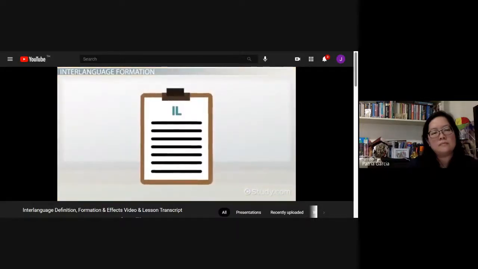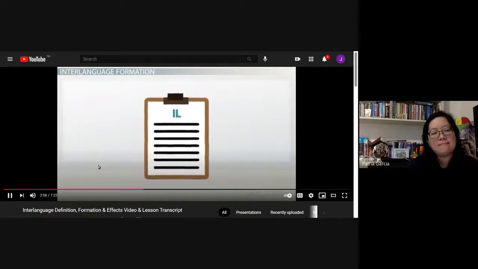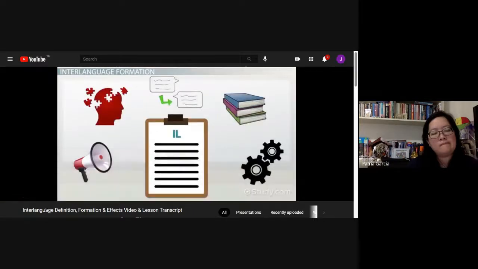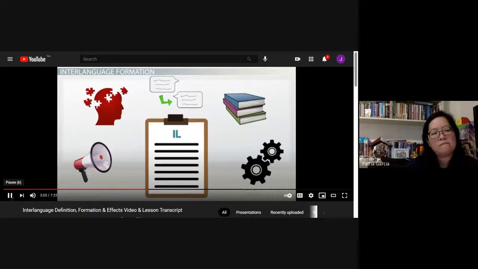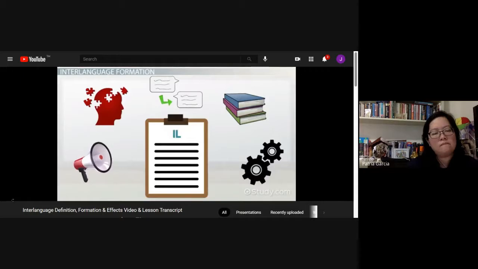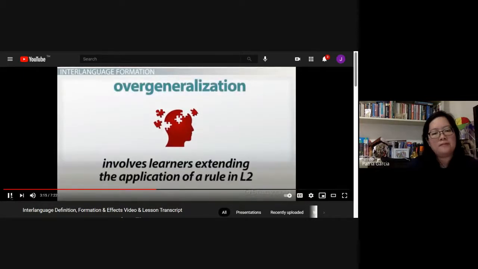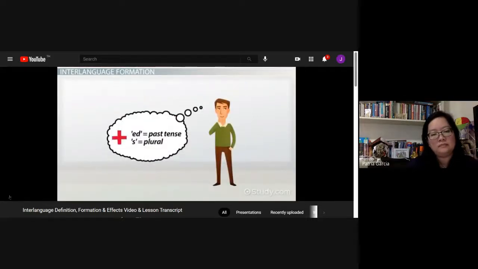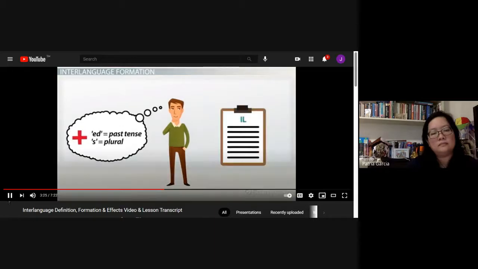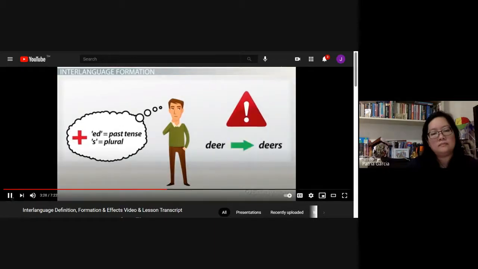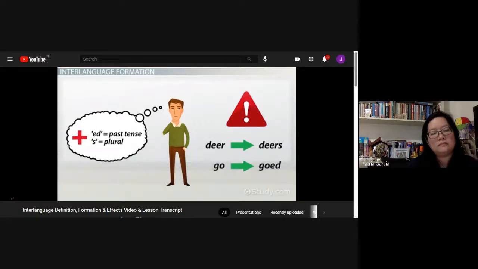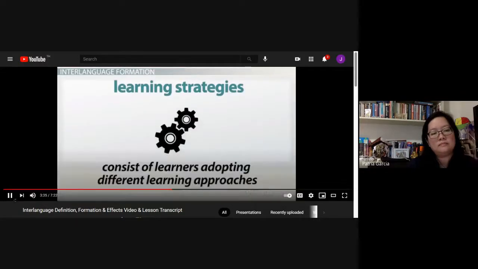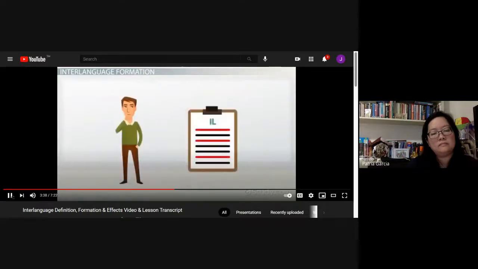What affects the formation of interlanguage has been a topic of controversy and debate for decades. Currently, there are 5 agreed upon factors that are believed to shape how learners create interlanguage: overgeneralization, learning strategies, language transfer, transfer of training, and communication strategies. Overgeneralization involves learners extending the application of a rule in L2. They group similar items together and try to predict their behavior based on a rule they already know. Using the same rule in new situations leads to errors. For example, the plural for deer becomes deers. The past tense of go becomes goed. Learning strategies consist of learners adopting different learning approaches. Some incorrect learning strategies may result in stagnation in the